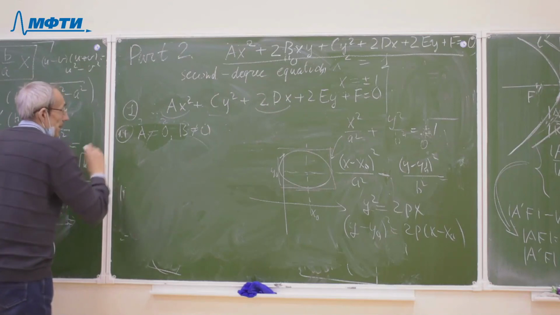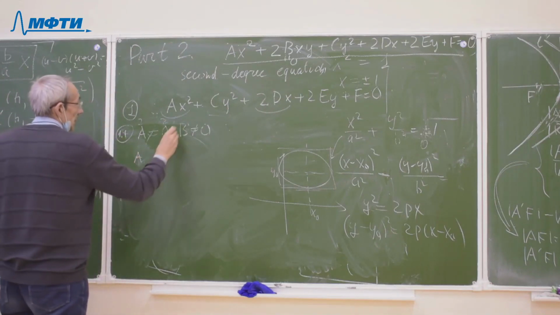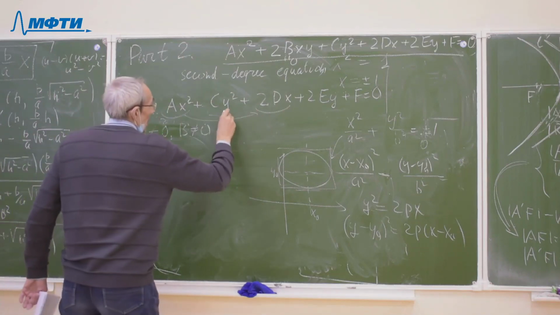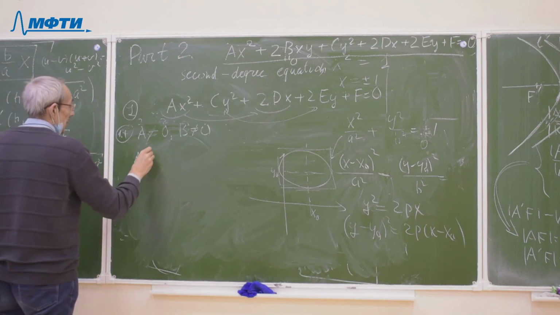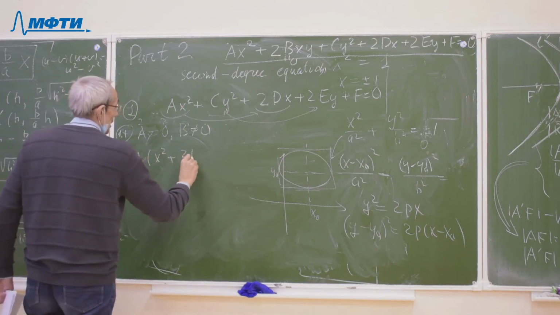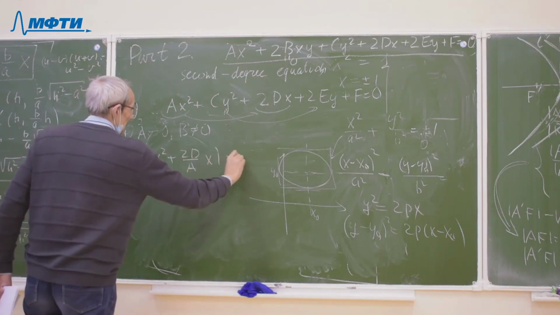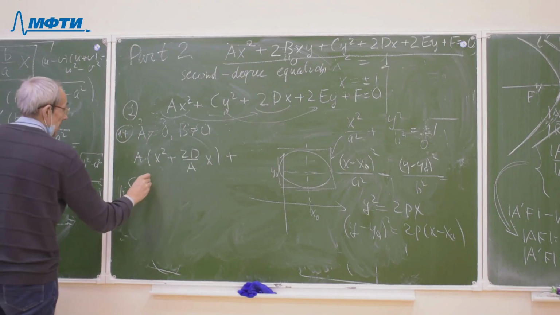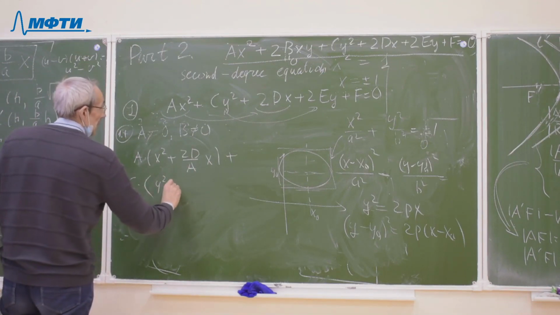Case 1. In this case, we can rewrite this equation in the same way: x squared plus the ratio 2d divided by a times x, plus c